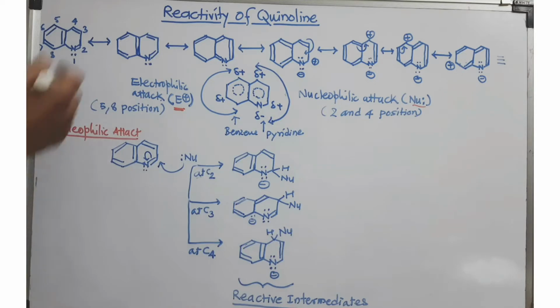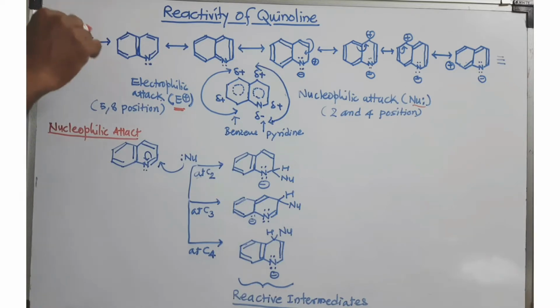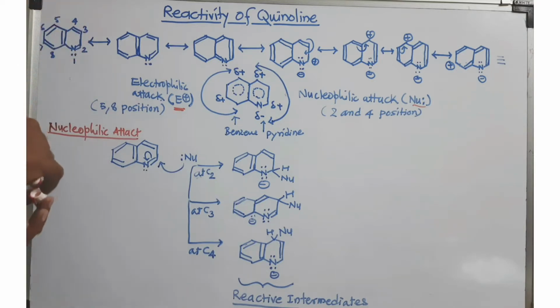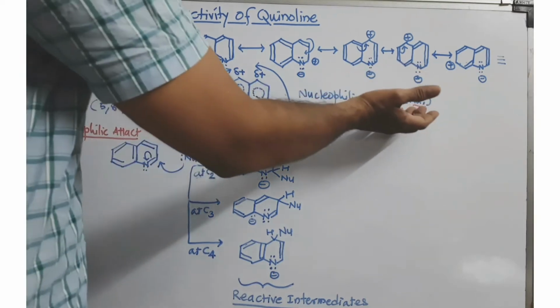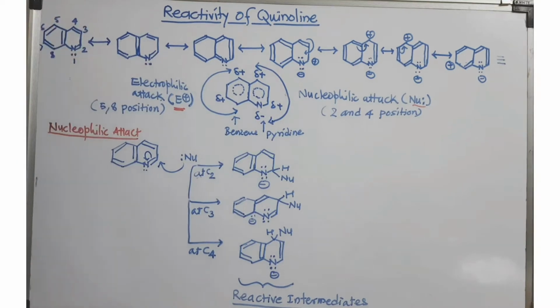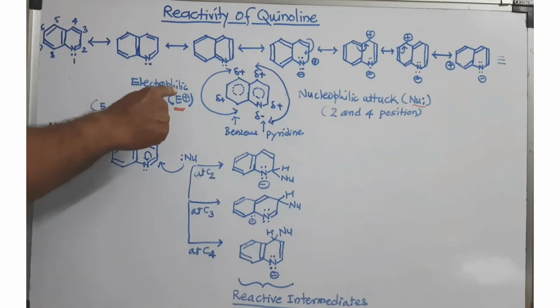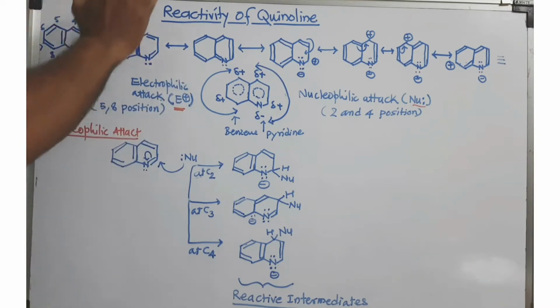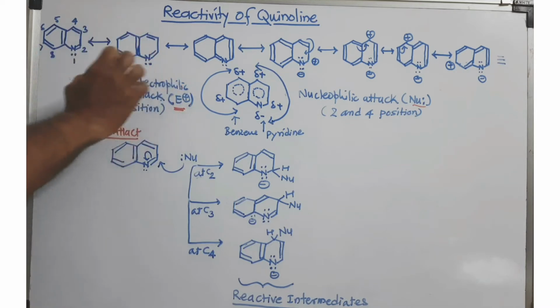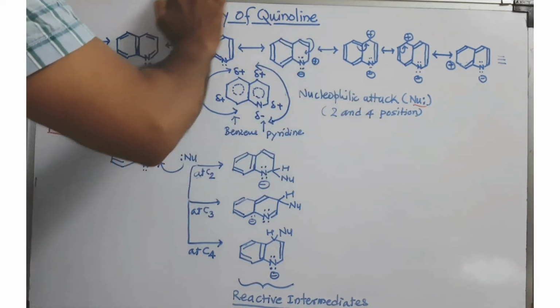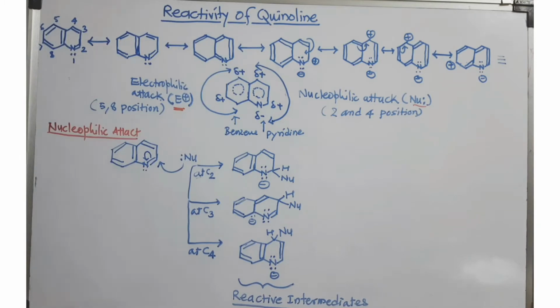One more thing, before we start our discussion, I want to revise that all positions are different. They are not like benzene, where all positions are similar. Here in this quinoline, all positions are different. So there is a problem: if nucleophilic substitution is taking place, where will the incoming nucleophile go, and if electrophilic substitution is taking place, where will the incoming electrophile go. Exactly, we have to decide the position of the incoming electrophile or nucleophile by using this reactivity of quinoline heading.